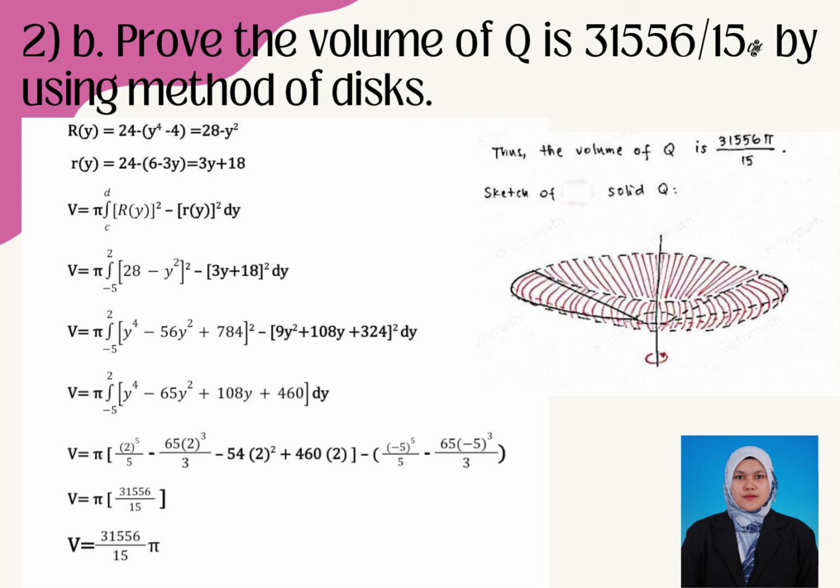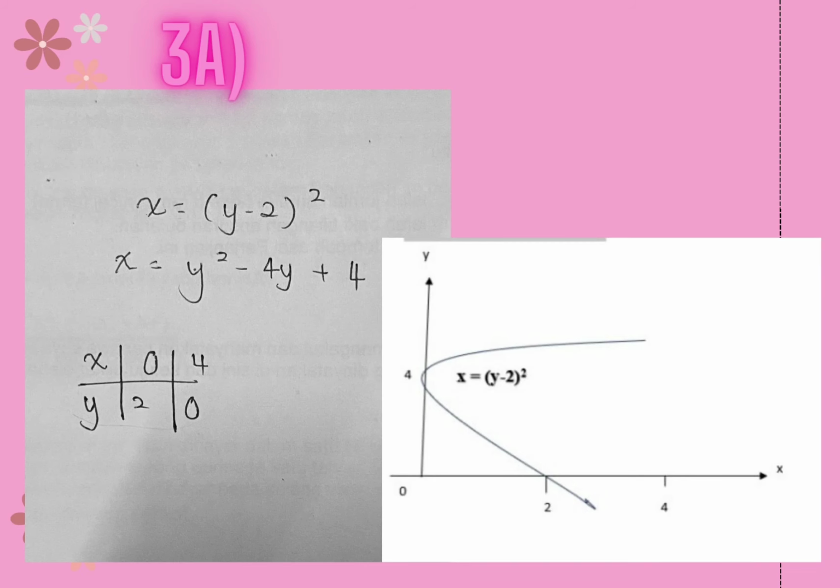You can get the answer V equals 31,556/15 pi. For 3a, to sketch it, as the given equation is x equals (y minus 2) squared,